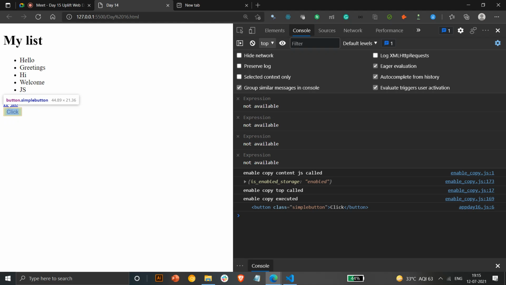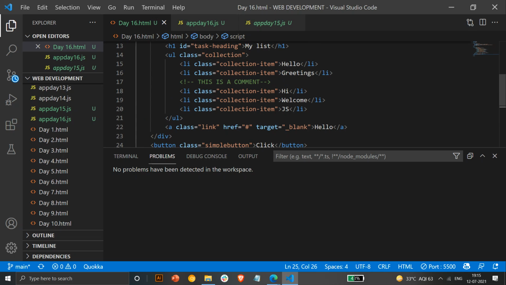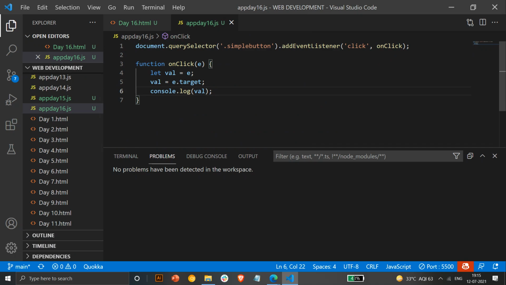So in many cases it doesn't depend on the button. You can also take the target item as this list item, or this h5 element other than this button, and you can perform functions on that. So you don't have to worry about why it's only taking this. You can take other elements also. Today's class will be mostly focused on how we work with the event keyword e. Then we can also get the id, class, everything with it.